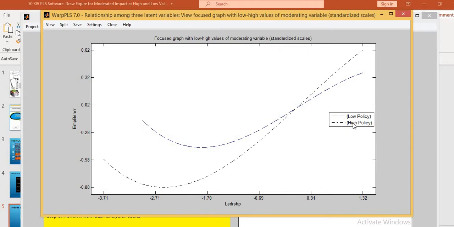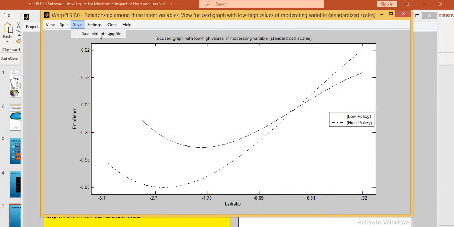See, at the high policies it starts with a high positive value, the maximum high 1.32 and 0.62, but it goes to the negative very sharp and very straightforward, and at the end it remains in negative. It means that a low level of policies strengthens the relationship between the leadership and the employee behavior more as compared to a high level of policies.